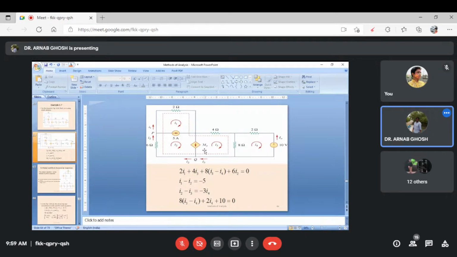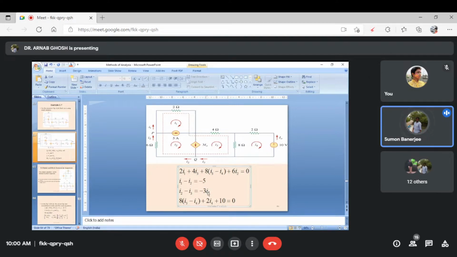See, this is a dependent current source, right? This dependent current source is dependent upon this current, this supply current I0. What is the direction of I4? Your I4 is flowing in this direction. So your I0 will actually be minus I4. So this becomes I2 minus I3 as minus 3 I4. I2 minus I3 will be 3 I0, that is minus 3 I4. Is this clear or should I repeat?